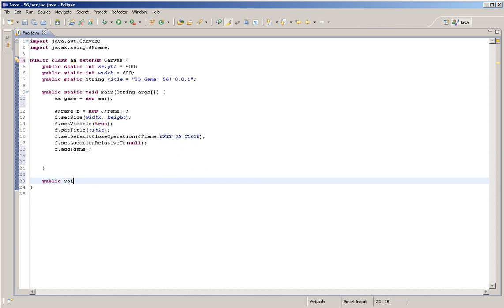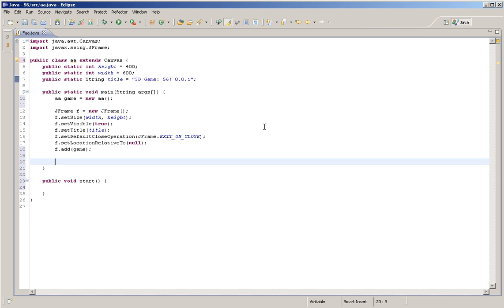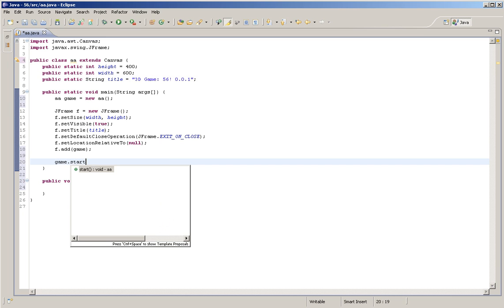Type in public void start. This is actually making it easier for making it into an applet if you're having the start and stop and all of that good stuff. I am only going to go for the start. I'm not going to go for the stop. I'm sorry. We're probably going to need to do the stop anyways. But in the start, we pretty much want to check if the game is running, and we also want to do the game.start. So that means pretty much go to the game.start method,